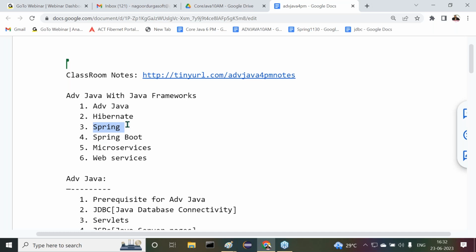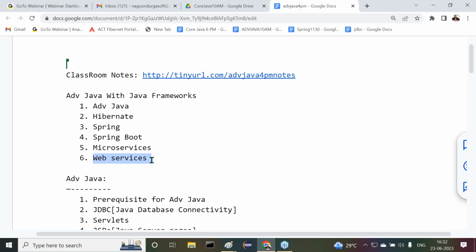Learning, what is the meaning of it? Understanding each and every corner of the subject, not just definition, syntax, program. Not in this approach. You have to understand every corner of the subject. Then only are we able to get clarity. So if you want to learn Spring, you require advanced Java as well as Hibernate. Because of that reason only, we are conducting the classes in this particular order.